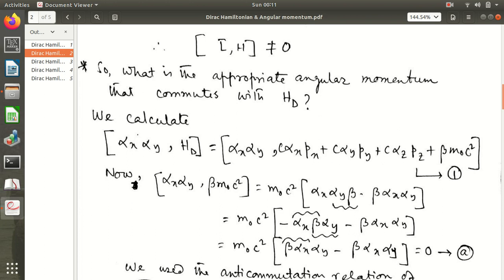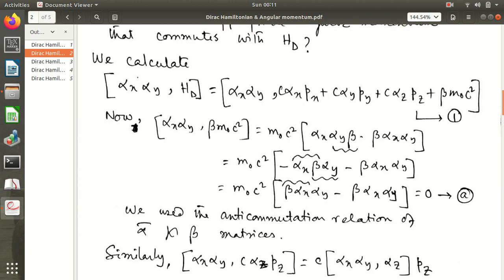And it is correct. Just check, we calculate this commutation: alpha x into alpha y commuting with HD. You go on calculating this, you write your HD, and first you check the commutation with beta and expand the commutation. Do not disturb the right side term, that means the minus beta alpha x alpha y, just keep it intact. Just change this alpha y beta as minus of beta alpha y,